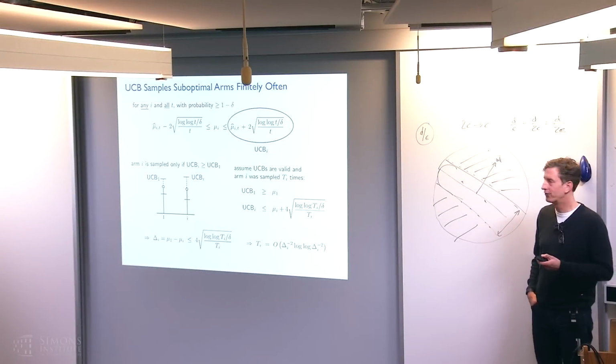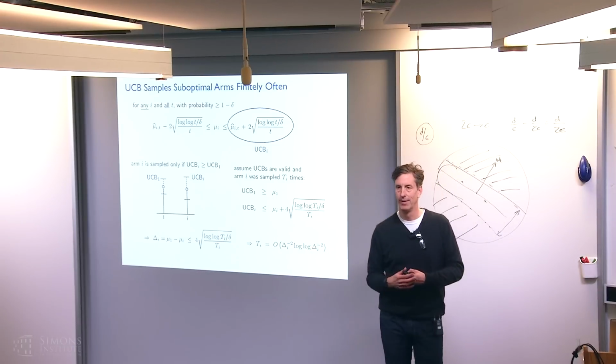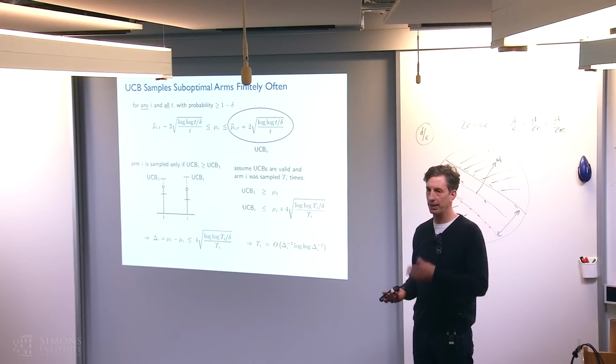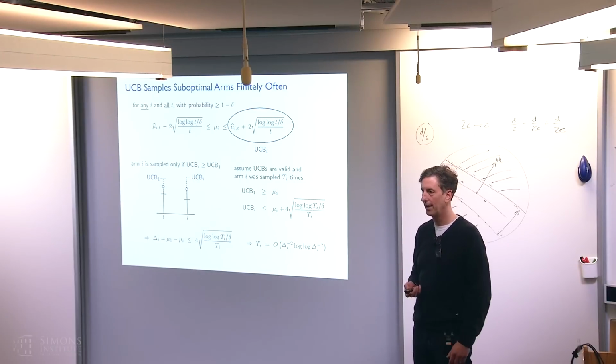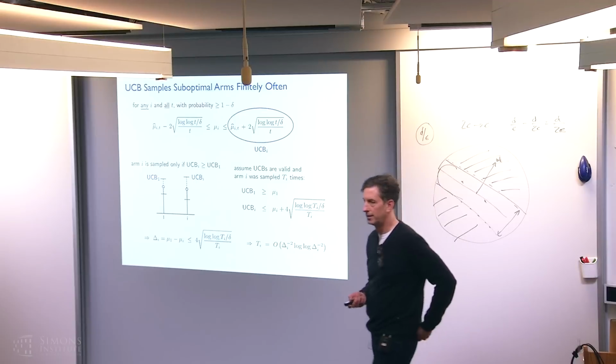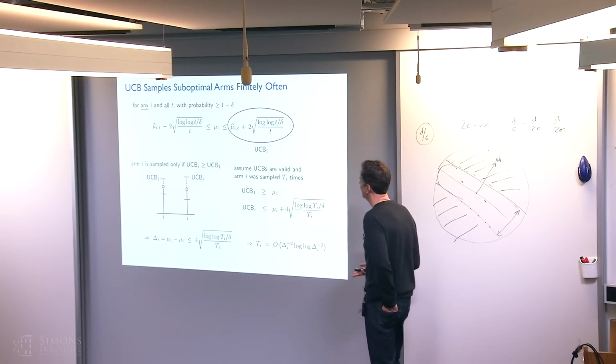Okay? So this is basically saying, if we just follow this simple strategy, with large probability, we're going to eventually stop sampling suboptimal arms, and so we're going to home in on the top. Yeah? So the logs are to make sure that with 1 minus delta probability, the confidence interval is all of the confidence intervals. So right now, I'm just sort of thinking of,